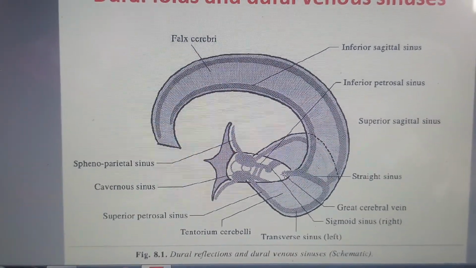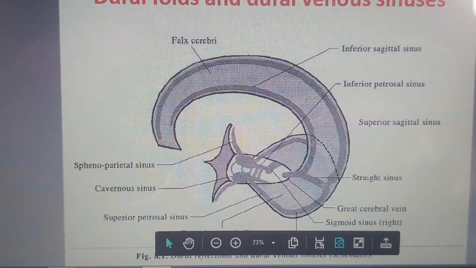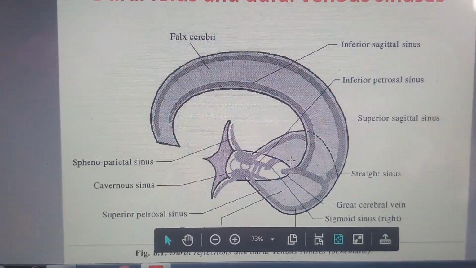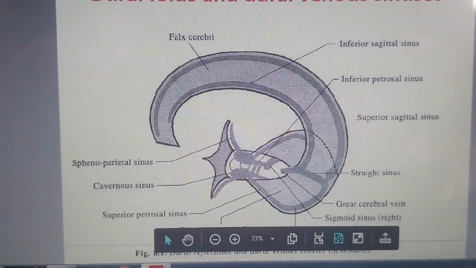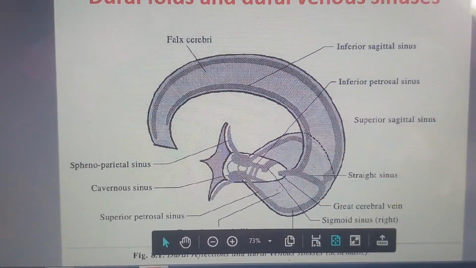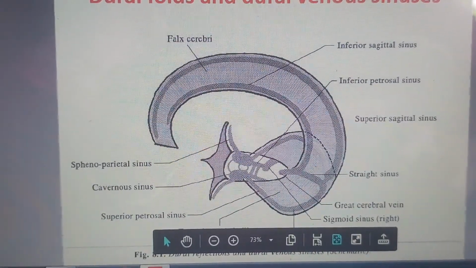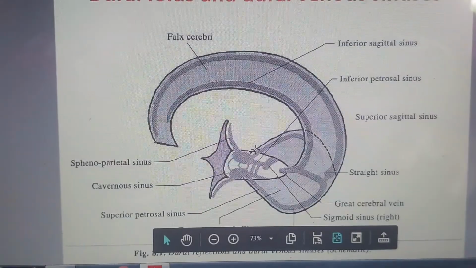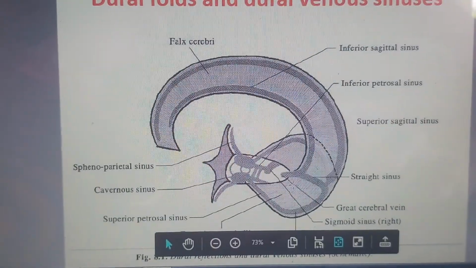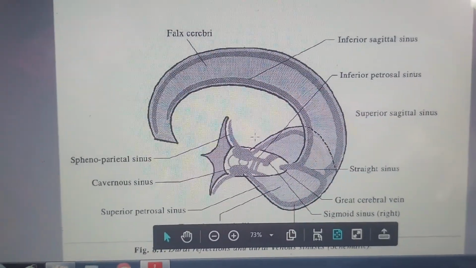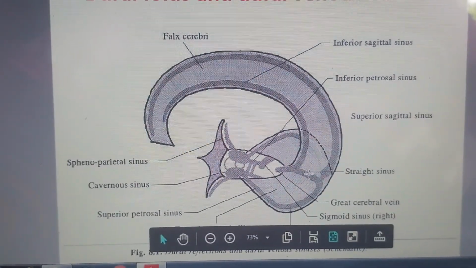Not only that, when this falx cerebri gets attached in this region, there is again a tent-like extension of dura mater, which we have already mentioned while teaching the sphenoid, known as the tentorium cerebelli. Here is the anterior clinoid process, and these are the posterior clinoid processes; from the region of the diaphragma sellae extends the tentorium cerebelli. And this is the position where, near the occipital bone, we get the straight sinus.